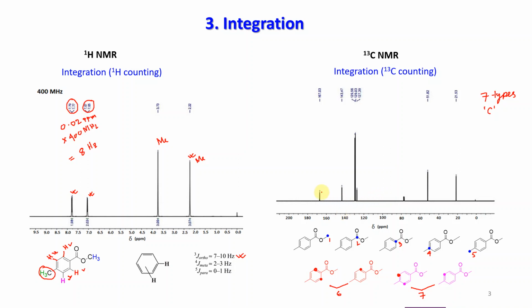Say suppose you have, this is one carbon, this is 167. So who can tell which carbon is responsible for this 167? Can anybody tell? The 167 peak is for what carbon? Quickly. Ester. Ester means you have to tell the carbonyl carbon. Okay. So you have C double bond O, that carbon. Okay. C double bond O means this carbon.